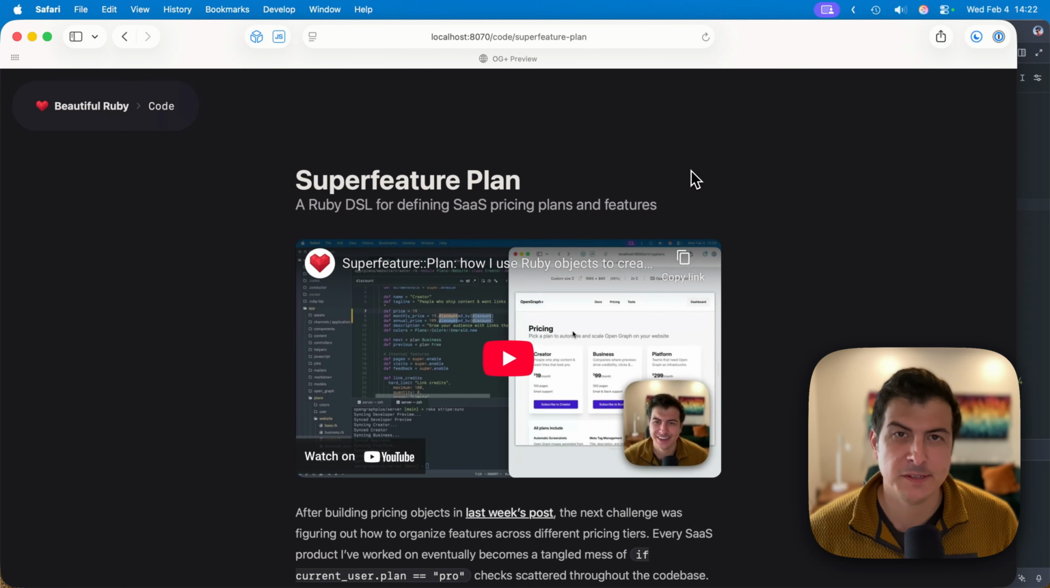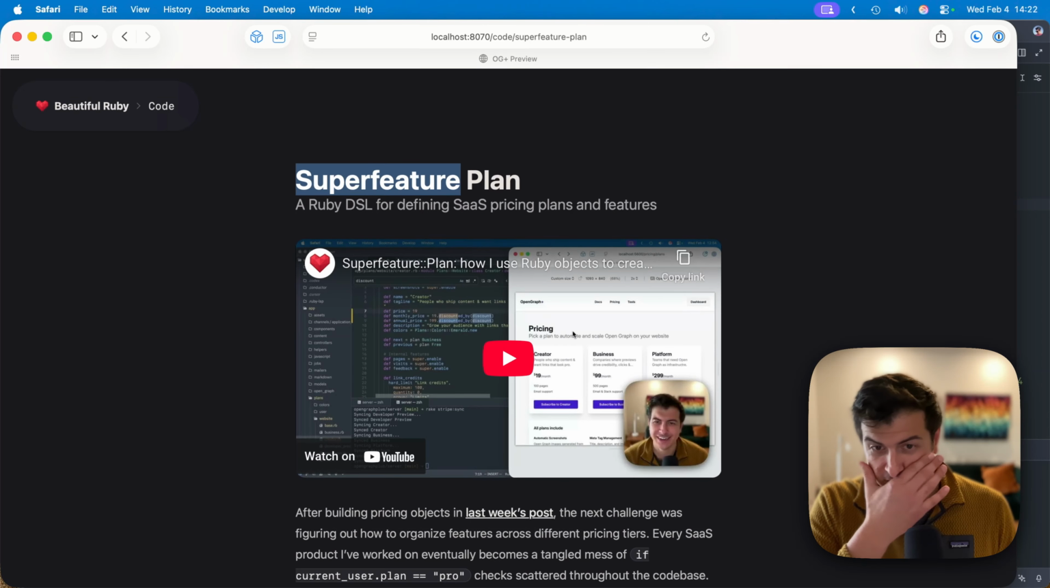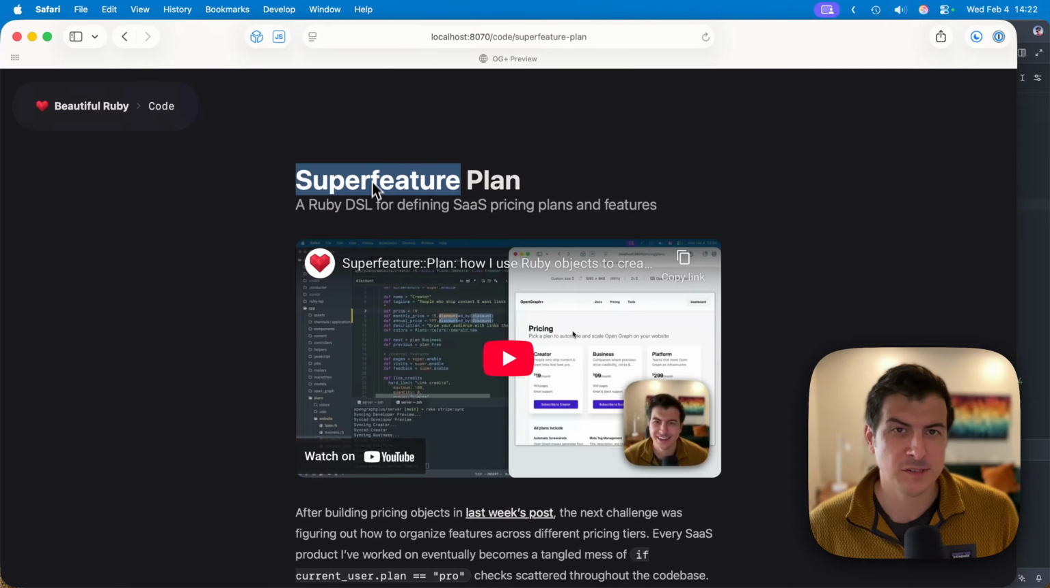Hey, I just finished writing up this code post for my website, beautifulruby.com. This is where I post about everything that I build using Rails, just so I can share it. I wrote this article about how I use Ruby objects to create plans for SaaS pricing. But what I want to do is tweak what this thing's going to look like whenever I share